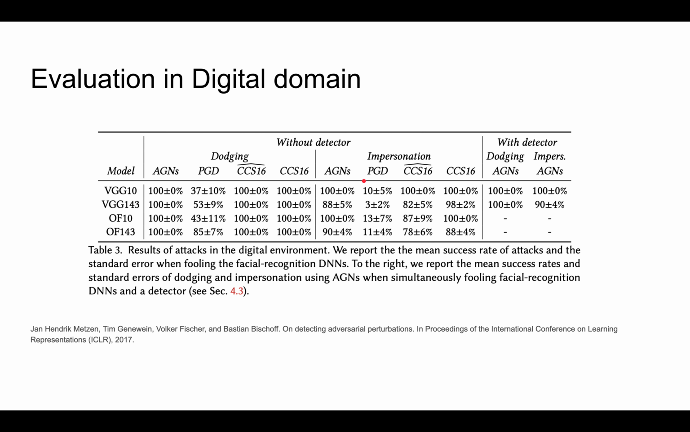And the projected gradient descent model and the CCS16, which is an approach that the author used in previous papers, vary in their performance. It's worth noticing that the author also developed a detector that is theoretically able to detect adversarial images out of photos. The big idea behind it is that